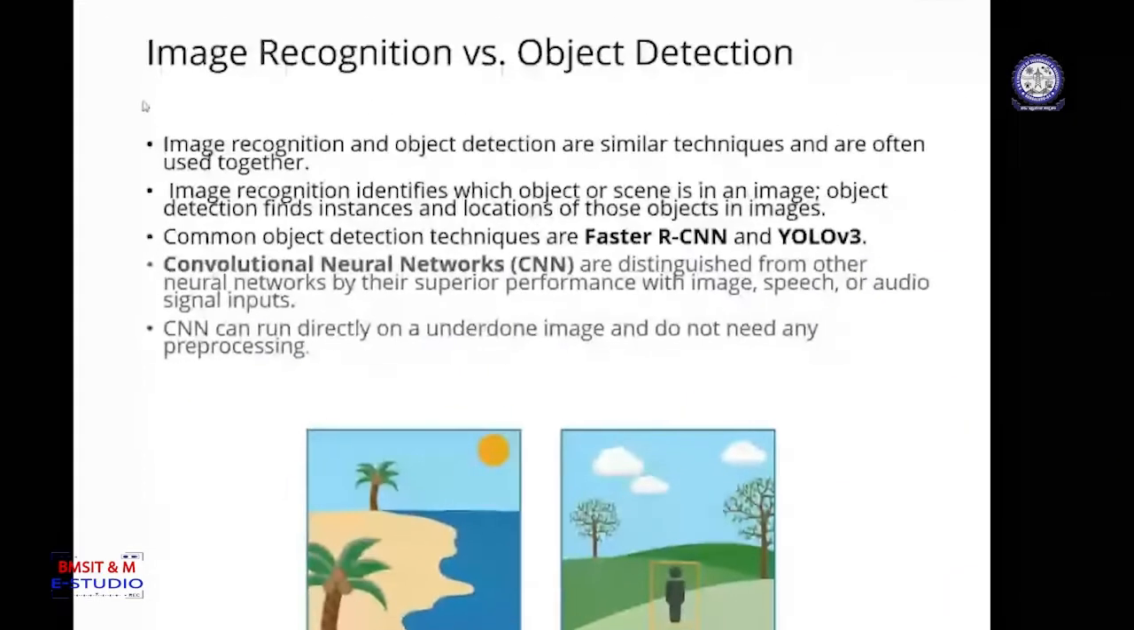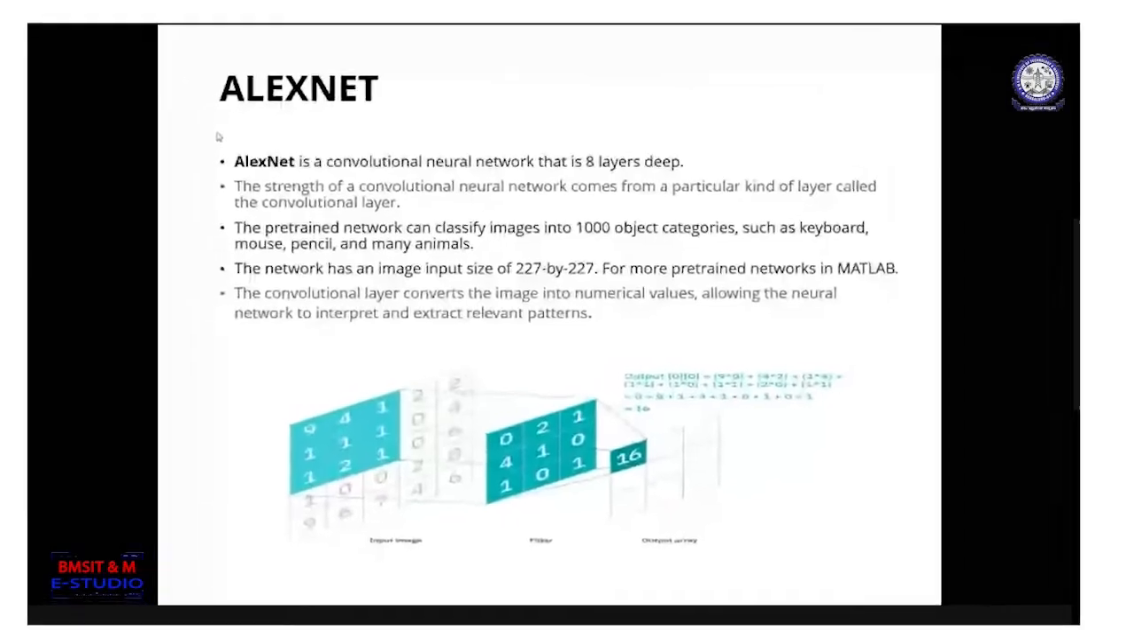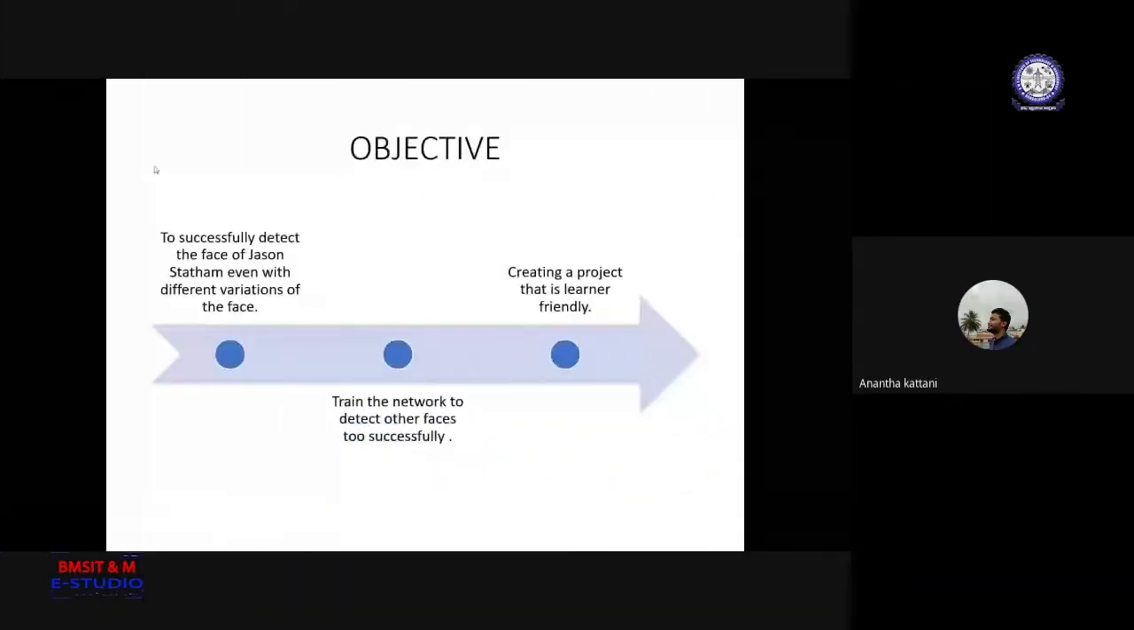Our first objective was pretty clear. We had to successfully recognize Jason's face and put his name out. So if we are able to successfully do it on a personal computer using the image with high accuracy,